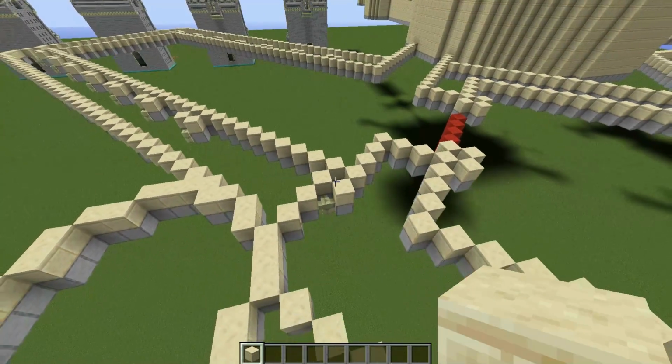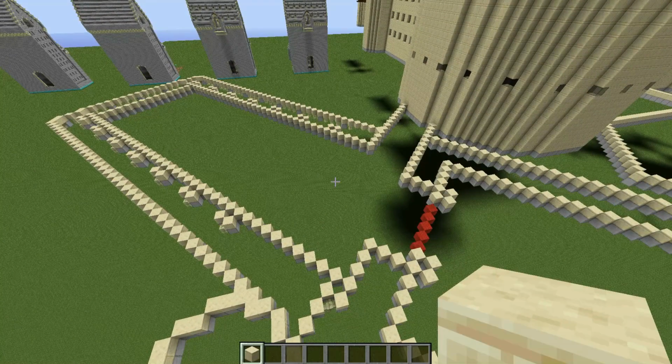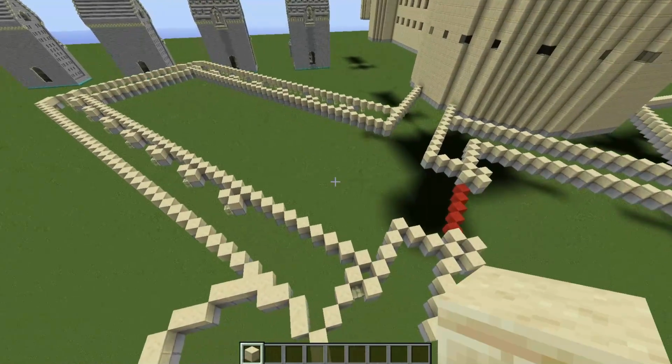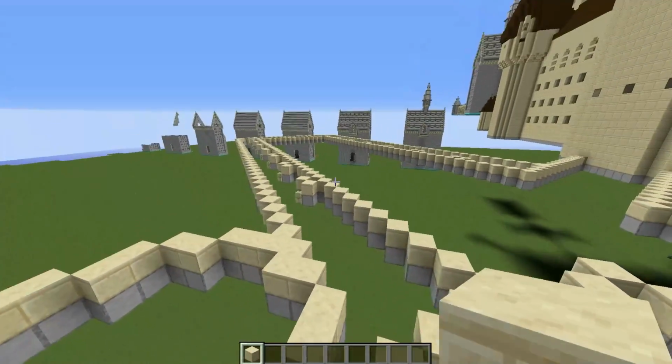But anyway, the Great Hall, and what I love about the Great Hall is it's such a simple design. It's just a repeated pattern of windows and a roof slapped on top with some towers, and yeah, it's very easy. And so the first thing I'm going to do is build up 21 blocks on all of the foundations